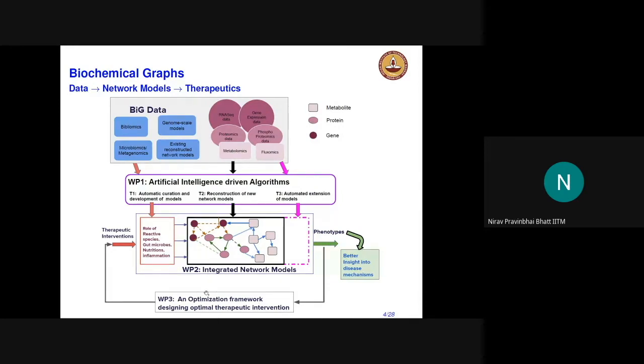For example, in the case of cancer therapy, we want to know the number of cycles, and how often we should give cycles, using these models and measurements which we get from the patient after each cycle. Of course, learning this network itself is a big task before we go to the optimal therapeutic intervention.